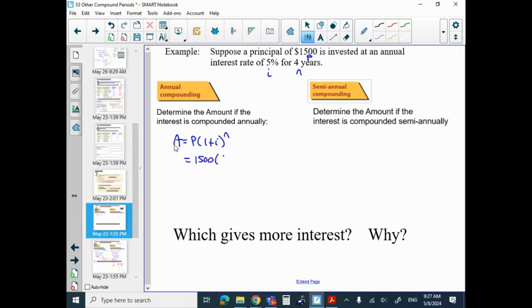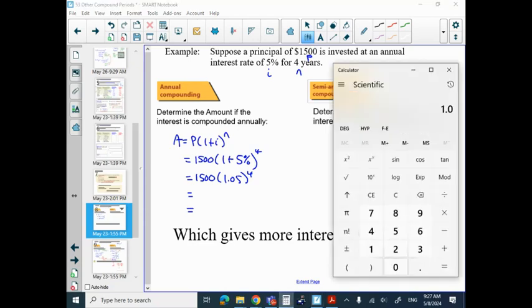1,500, 1 plus 5% to the power of 4. It's just the number of compounding periods in 4 years is 4 if you're compounding annually. So this is 1.05 to the power of 4. We'll do that as a number and we'll multiply by 1,500. So 1.05 to the power of 4 gives